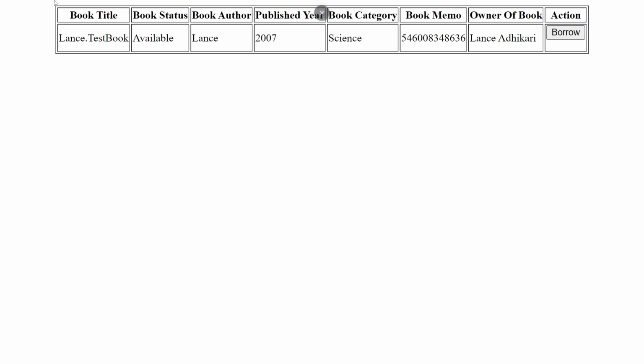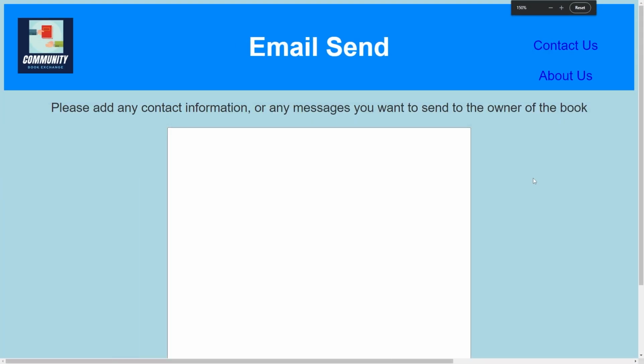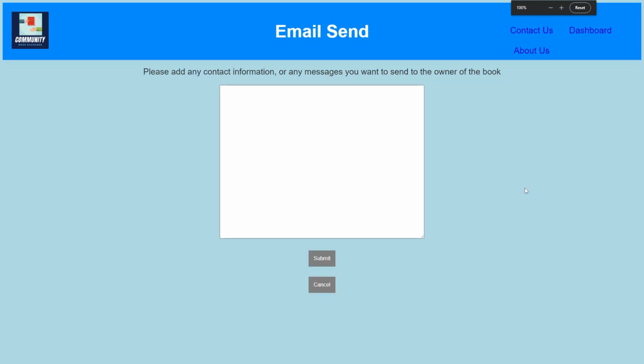So let's say we come back to the search book page, and we see that our book is available and the borrow action can be clicked. What we're going to do is press this borrow button. Once we press it, we get redirected to a new page, which is called email send. Here is where we send the email to the owner of the book, and we can add all of our information so that they will be able to see who requested the book,